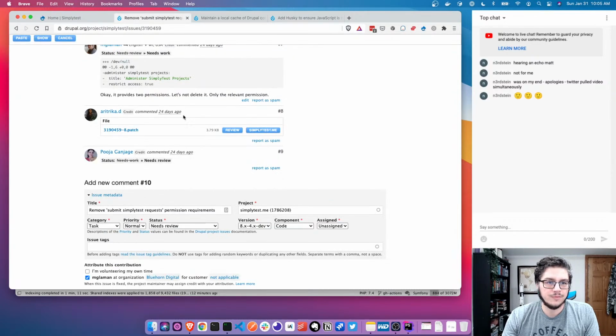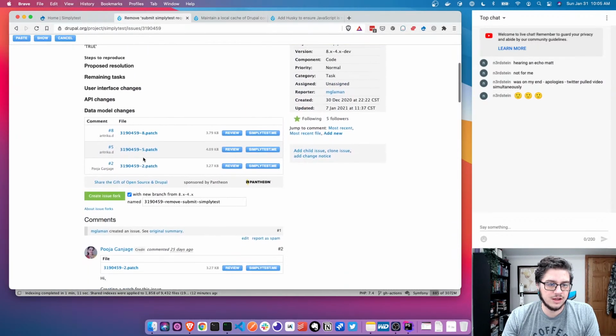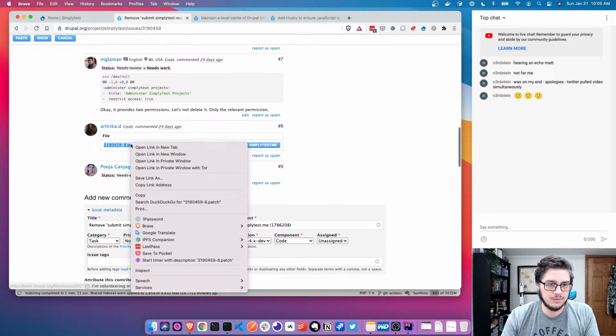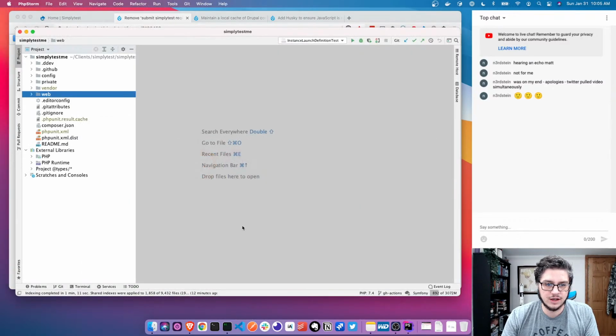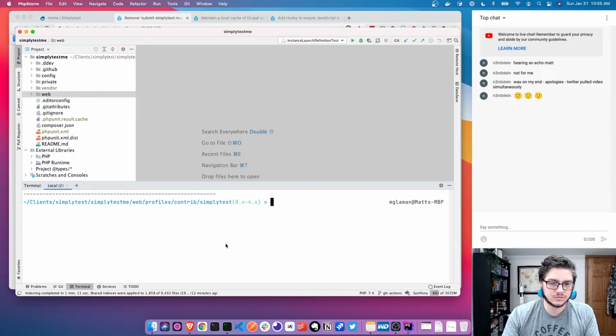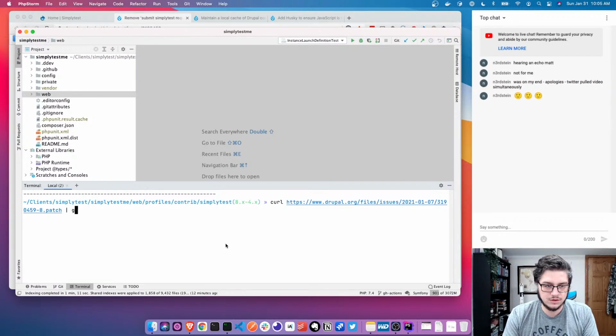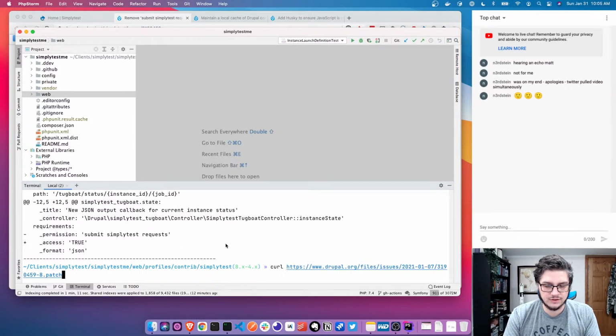All right, so I'm going to get started with this patch. Since it is using the, we'll say, legacy flow of having a patch file and not a fork, I'm going to copy the link address and let's go ahead and apply it. So I do curl. This is my shortcut for applying patches. I know many know about this, some may not. I just use curl, because when you do curl standalone, it gets the contents of the request, and then you're able to pipe it to git apply,